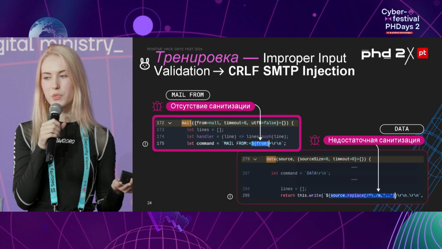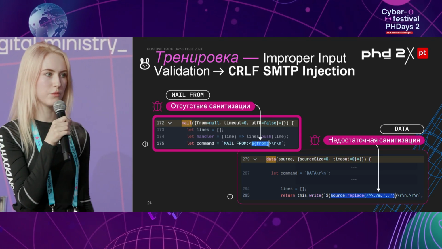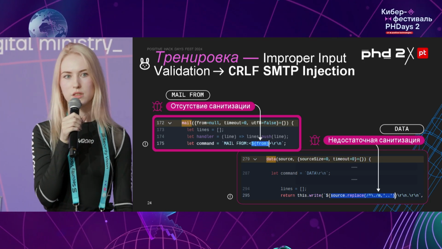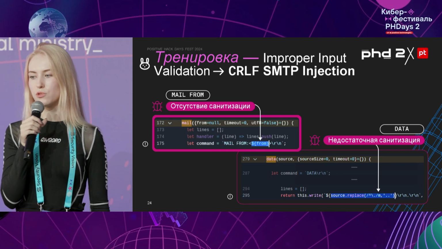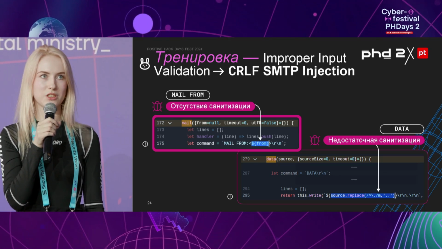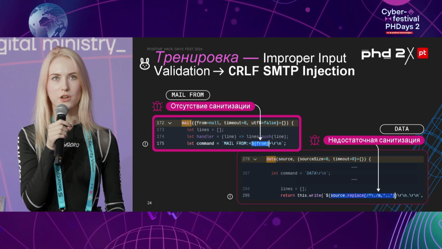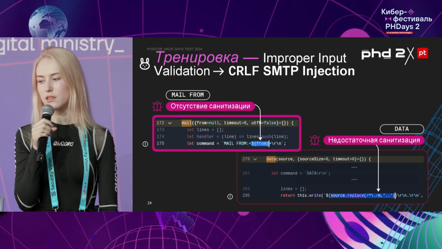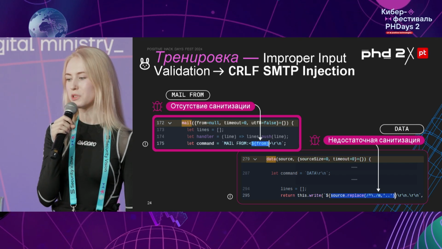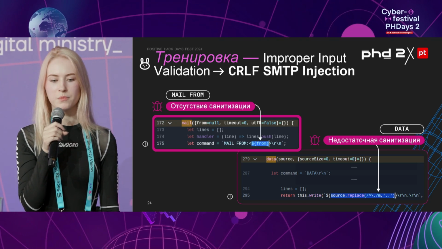Let's see what it looks like in the SMTP client. Here we have the mail function, and the data command and function are the same. They don't sanitize the data well enough. For mail from, they don't sanitize the entry at all. It's just an argument as mail from the email client. And for the data section, an interesting thing happens. They swap every